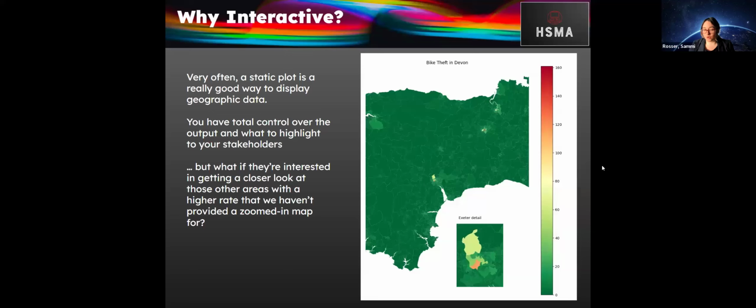Very often a static plot is a really good way to display your geographic data because you have complete and utter control over the final output and what you're going to be highlighting to your stakeholders. What we haven't really covered so far, but there are some additional slides on, is inset maps. If you've got this wider map and you want to zoom in on a small region, you can provide these additional zoomed in plots within the main plot figure, etc. But what if they're actually interested now, instead of looking at Exeter over here, in looking up at here or wherever this is,